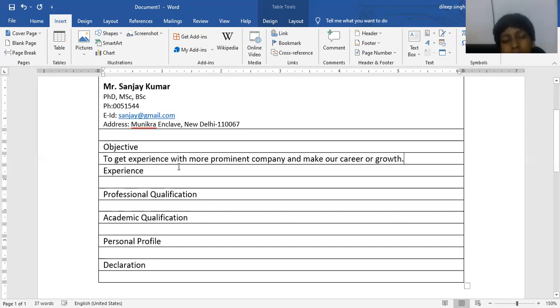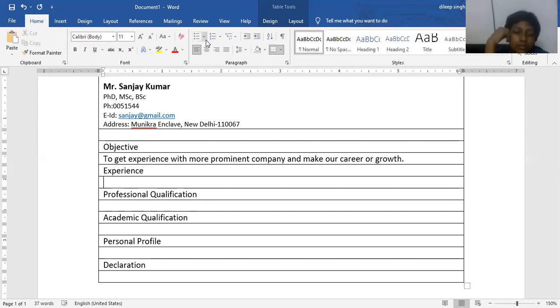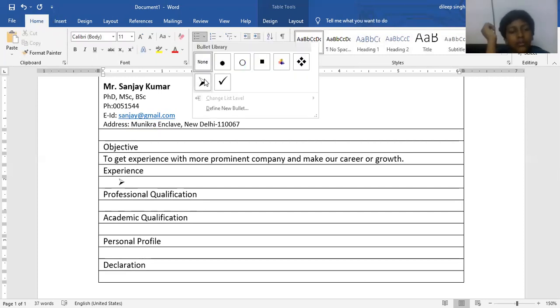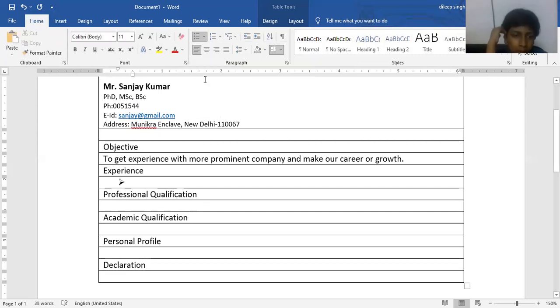Okay. Similarly, if you have any experience, just place your cursor in this particular section. And if you want to use a listing item, just click on the Home option and go for this option. Here are the different types of symbols available. You can go for any one.